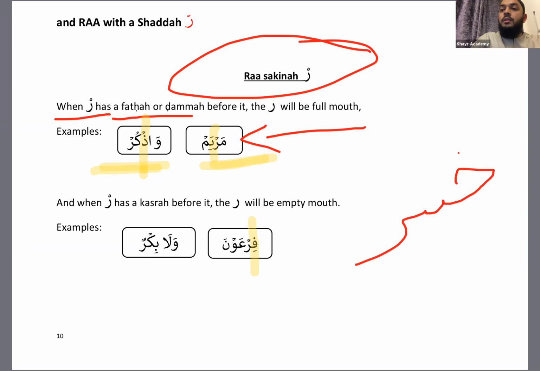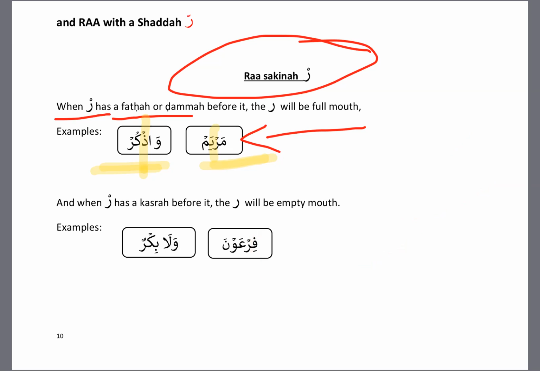Khabirun. Okay. Inna rabbahum bihim yawma idhil khabir in Surah Al-Adiyat. There's a lot of khabir. It's the name of Allah, Al-Khabir. So what do you do here? Even though the ra has 2 dhamma, when you stop, it becomes a sakin. What do you do? There's a different ruling for that. Inshallah, we'll do those rules in module 3 or module 4 when we have extra time.